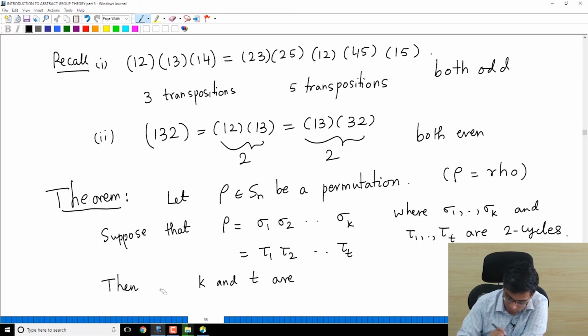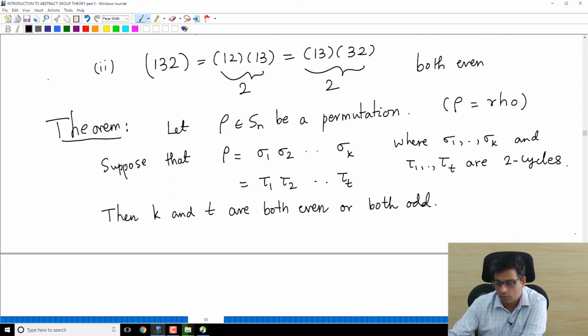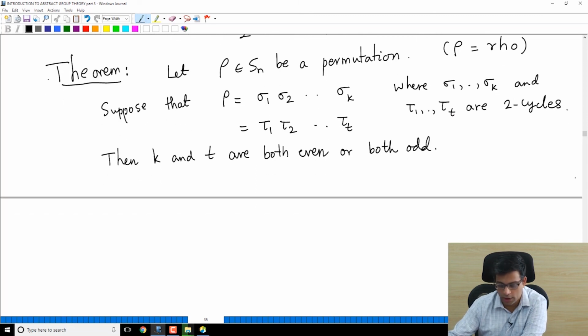So then k and t are both even or both odd. So in other words, what I am saying is that one can't be even and the other odd, that's not possible. Either both are even